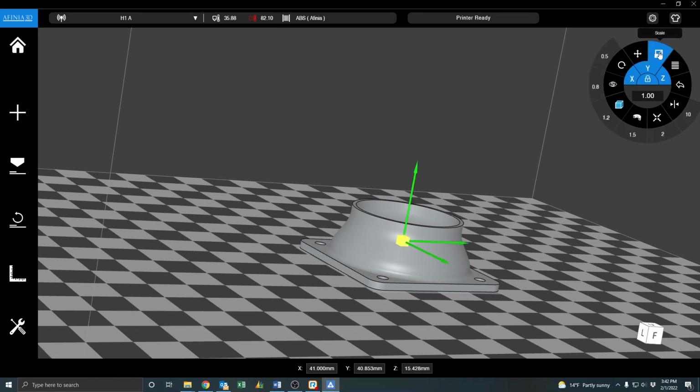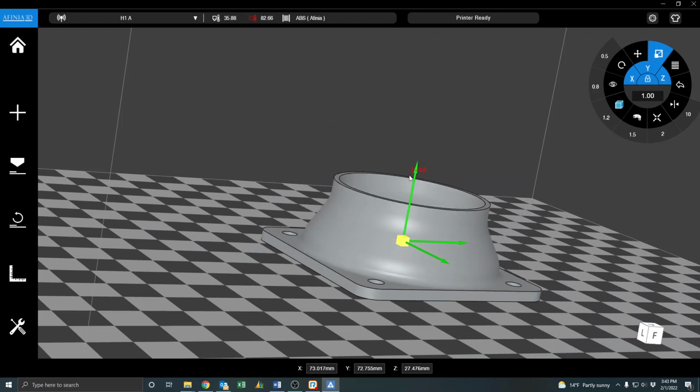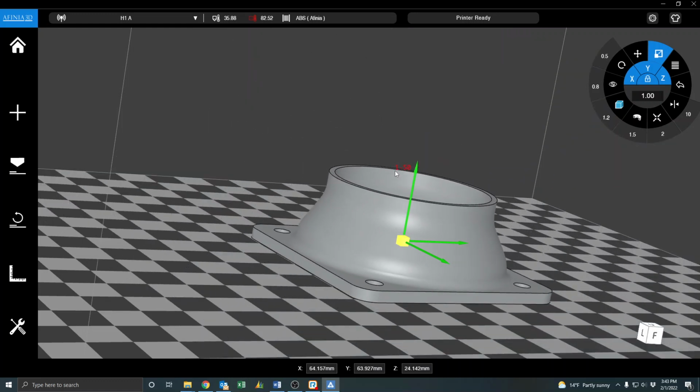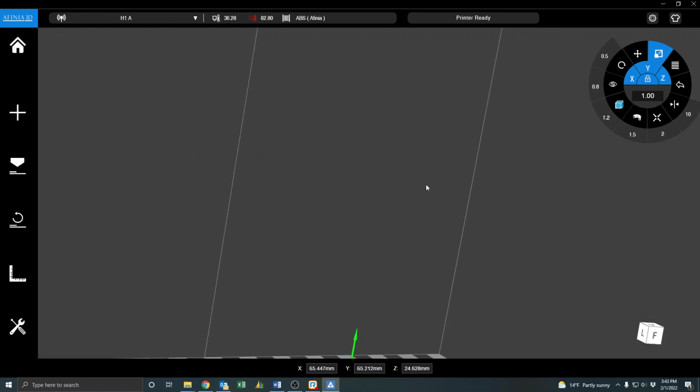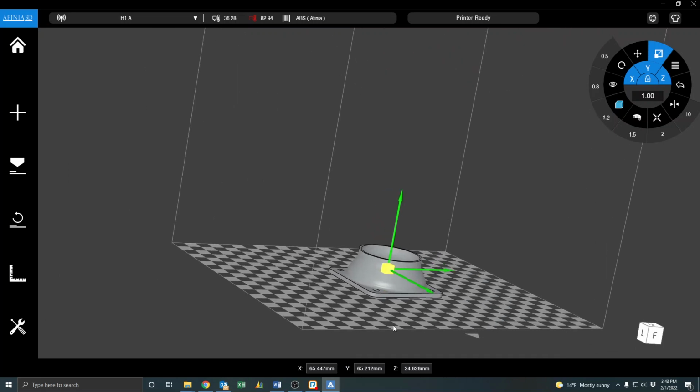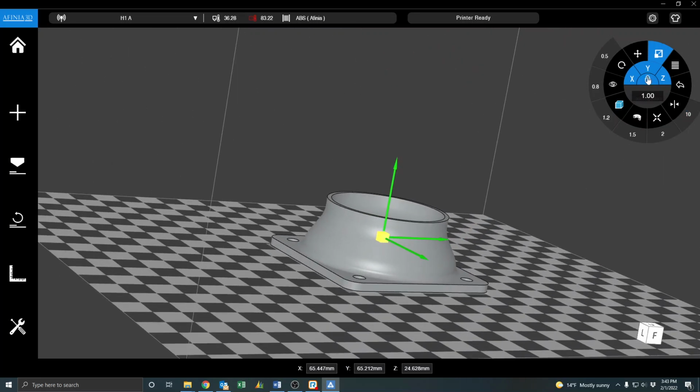Scale. If we click that, same interface. We have our arrows here. We are locked right now so that we are going to scale in all directions at the same time. So if I hover over a line, you can see that I'm scaling all directions at the same time. So it's uniform scaling. If I turn off the lock, now I'm back to where I can hover over a line, or I can select the axis,